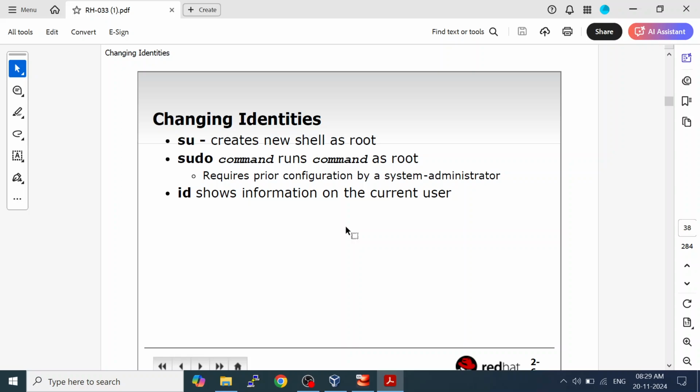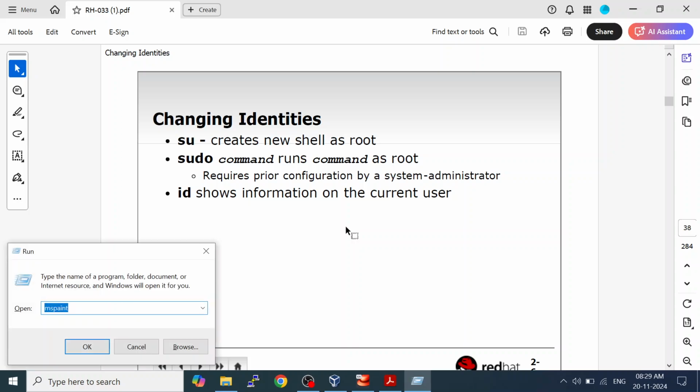Okay. As a normal user, I am working and suddenly I have to perform some administrative task. So instead of logging out and logging in again with root, I can switch user, log in with root, perform the task, log out, and come back to my own user account. Okay. So for SU,